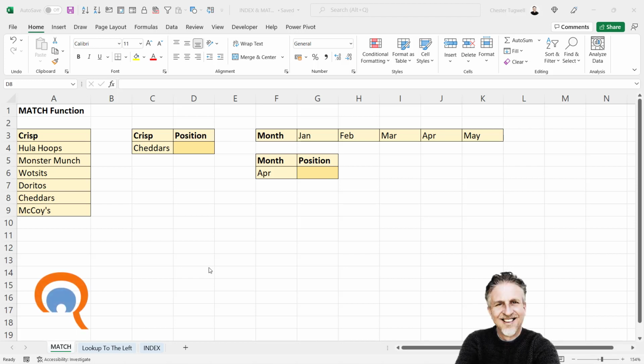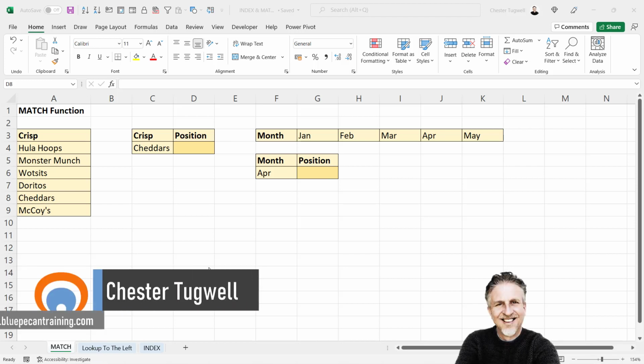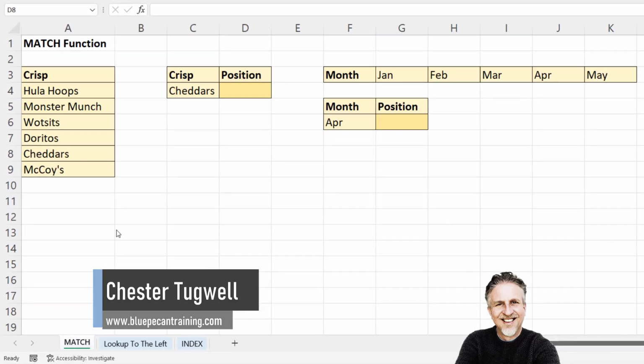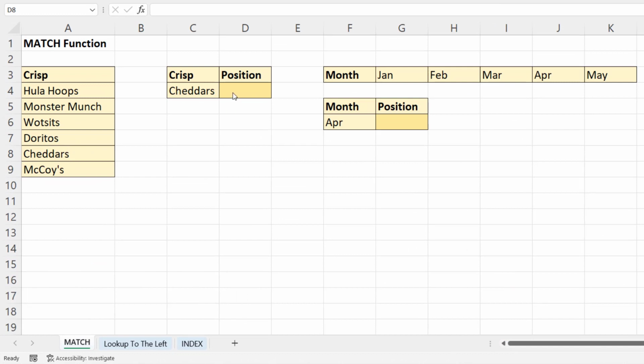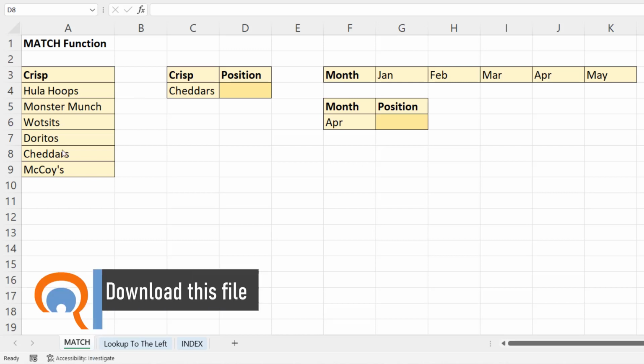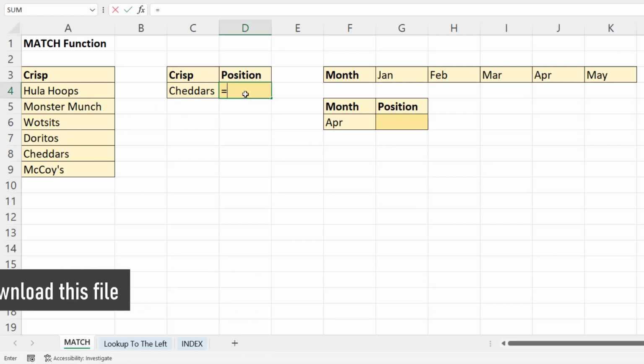In this video, we're going to look at the index and match functions and some possible alternatives to both. Let's start off with the match function. Now, the match function returns the position of a value within a range of values. So I've got the nation's favourite crisps listed here, and I want to know the position of cheddars within that list. So equals match,